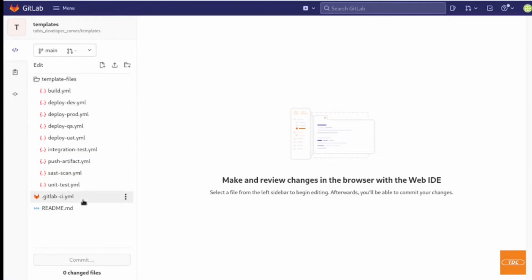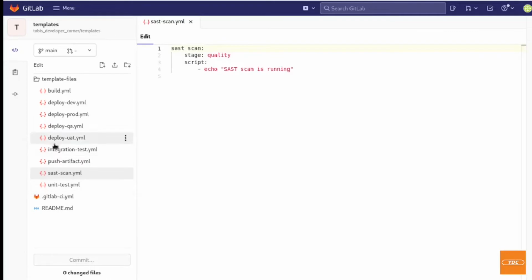There's my directory, here are my files, and then I have an editor on this side here in which I can edit. So as I've said, let's say I want my SES scan not to run until my integration test has completed. To achieve that, I will simply go into my